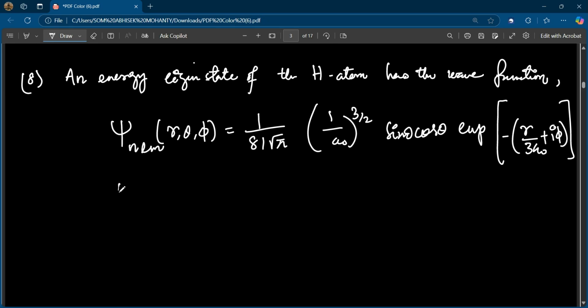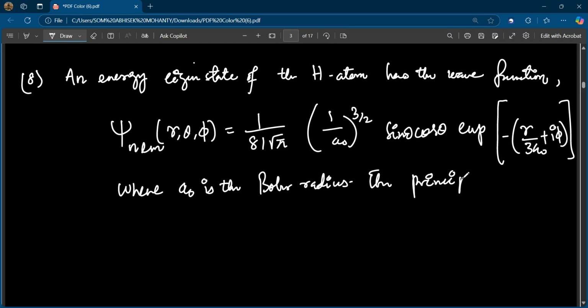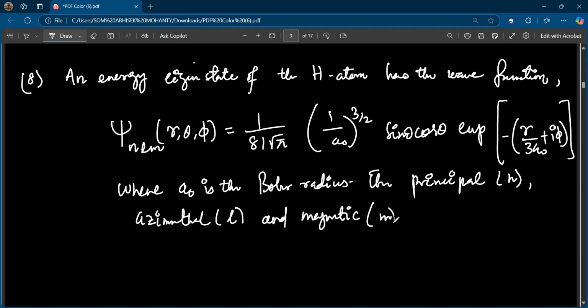Where a_0 is the Bohr radius. The principal, azimuthal and magnetic quantum numbers corresponding to this wave function are: